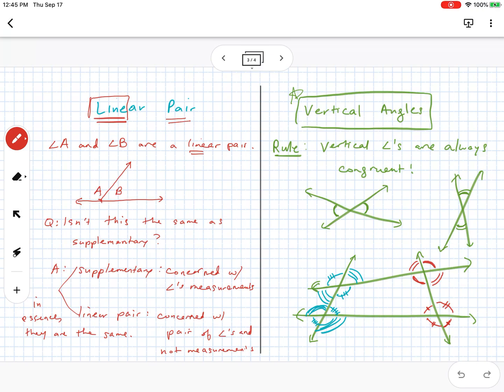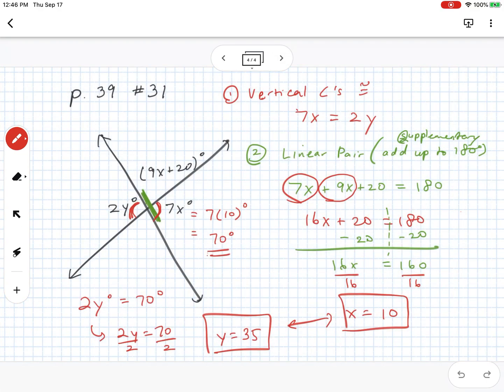And then vertical angles are always congruent no matter what. They're always equal to each other. They're the ones where whenever you see an X form, whenever you see two lines intersect each other, the angles that are right across from each other are vertical. And so I've given you guys some indications of that. And then hopefully this problem will give you some help for the